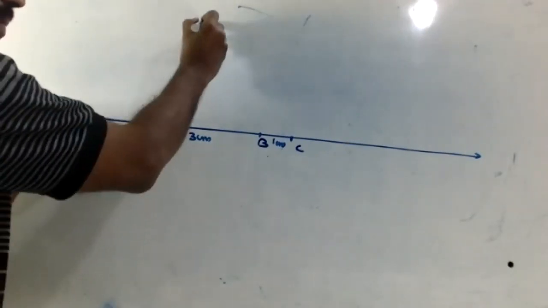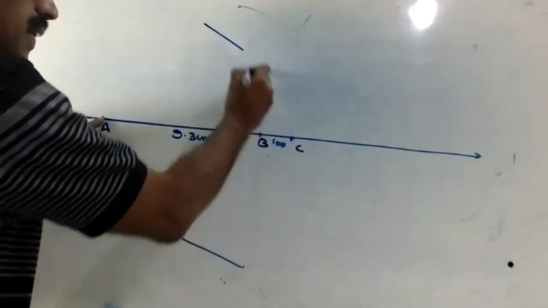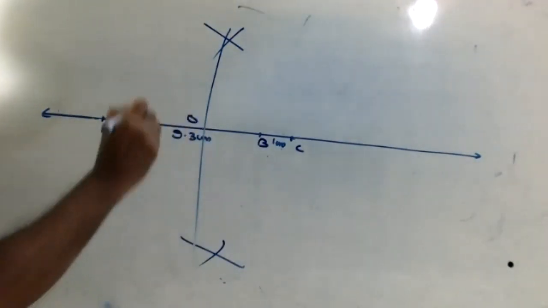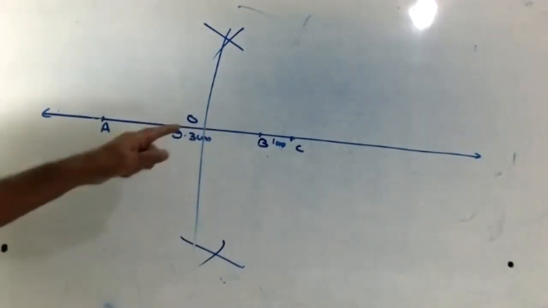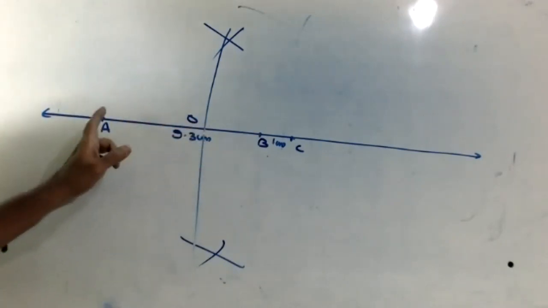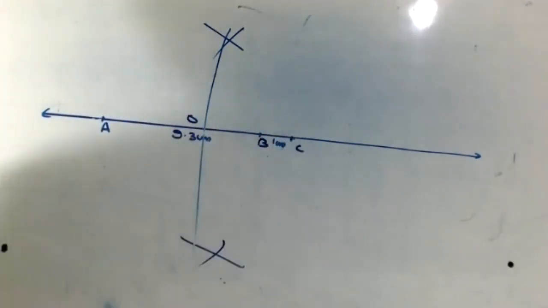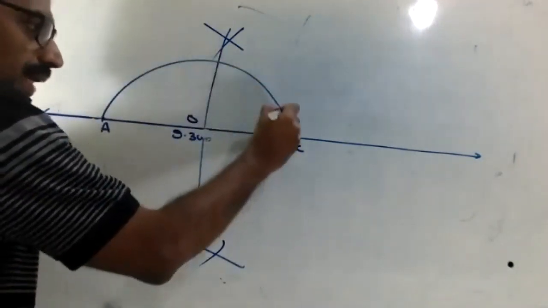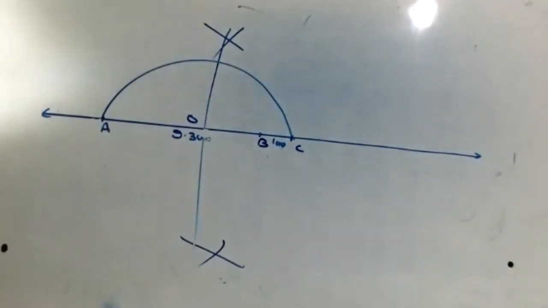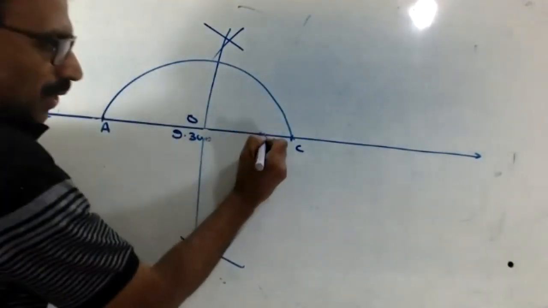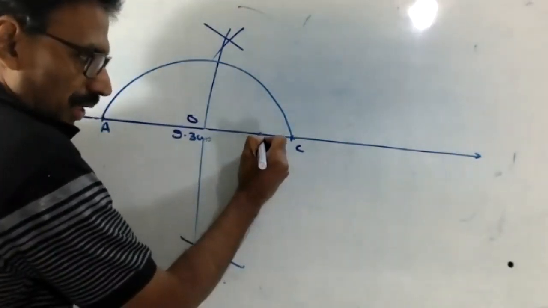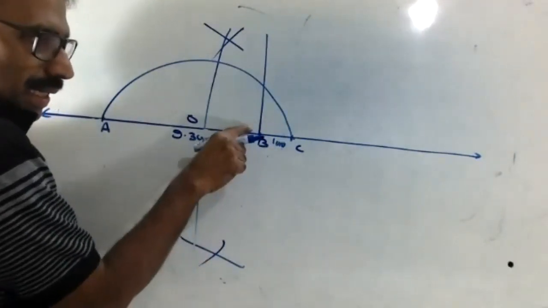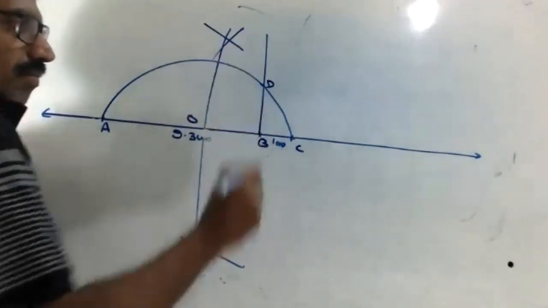Next step, draw the perpendicular bisector of AC. Keep the compass here, more than half, draw an arc. Here arc, here arc, here arc. Class 7 you studied. This point is O. Next step, O as center, draw OA equal to OC as radius. Draw a semicircle. It will be like this. It comes exactly touching here and here. Okay. Next step, through B, draw a perpendicular line. You can use compass or protractor. Just perpendicular, you should feel this is 90 degrees. So this here is D.